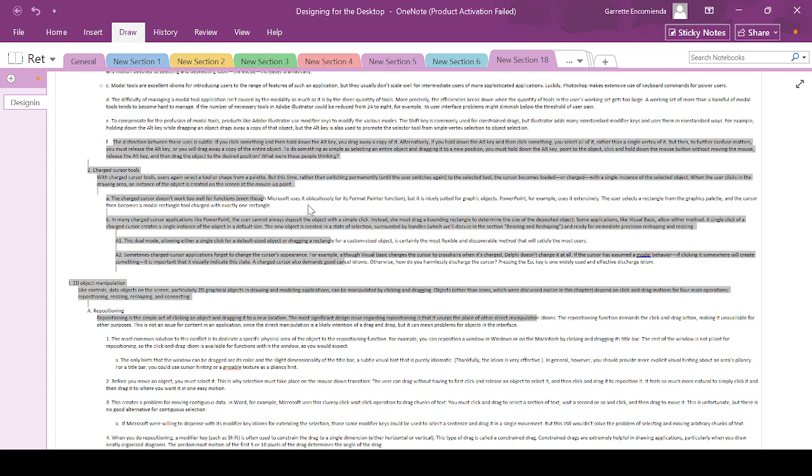even though Microsoft uses it ubiquitously for its format painter function, but it is nicely suited for graphic objects. So it is not suited for a function like a print function, but it's suited for graphic objects. PowerPoint, for example, uses it extensively. The user selects a rectangle from the graphics palette, and the cursor then becomes a modal rectangle tool charged with exactly one